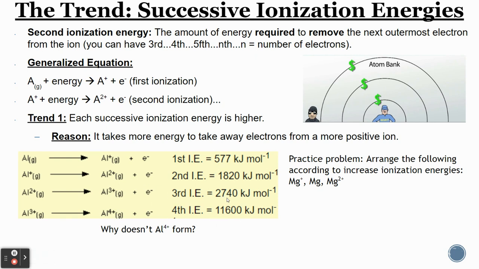Yes, it's pretty high for the Al3+, but it's not that much of a jump from 2 to 3. To go from the third to the fourth, to remove one more electron from 3+, takes way too much energy, and there's probably not that much energy available for that to happen. So that's why the aluminum 4+ ion probably doesn't form, but something like 3+ does form, because that is typically going to be available in the environment, but not the